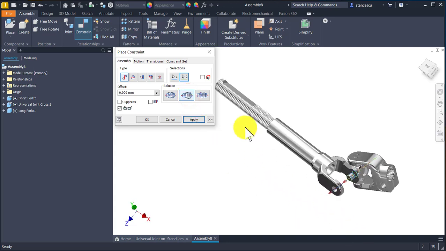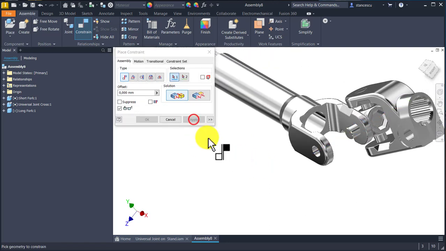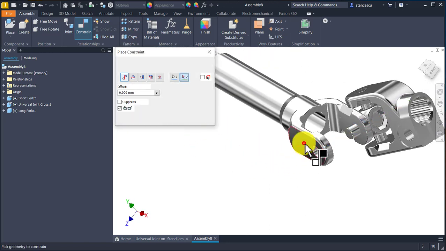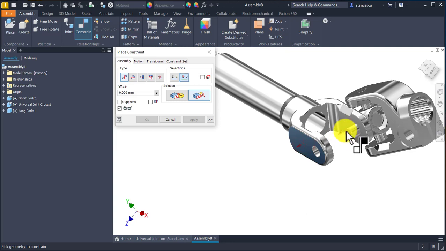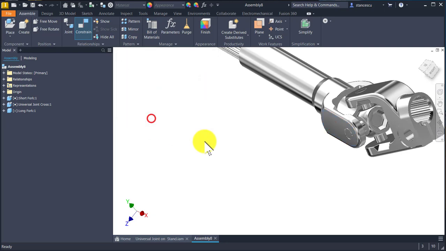I want to see this face. Apply, and then also align these two. Okay,